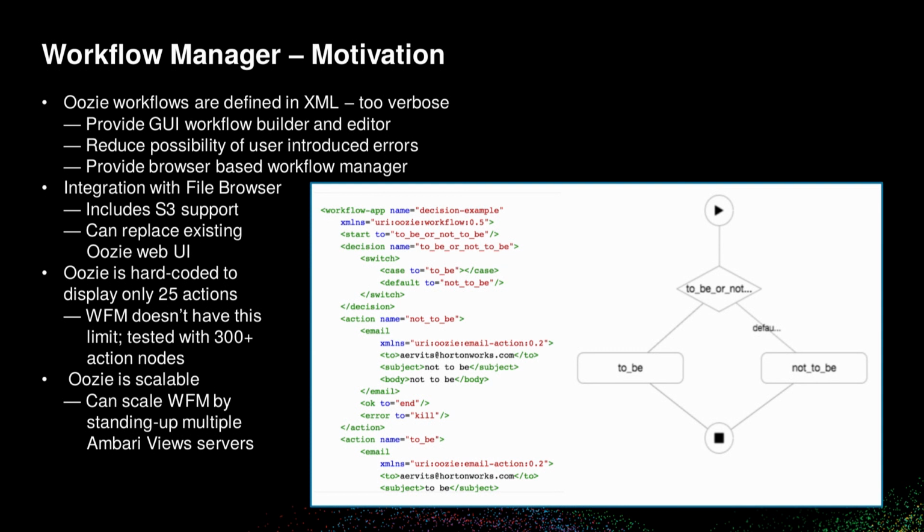And one of the big challenges here is how do we actually provide visibility into those workflows? The Ambari team provides a GUI that lets you drag and drop and build a workflow. On the right-hand side, we can see a workflow that starts, has a fork, has 2 different actions, and it ends. And on the left-hand side, we can see how it's actually defined in XML.